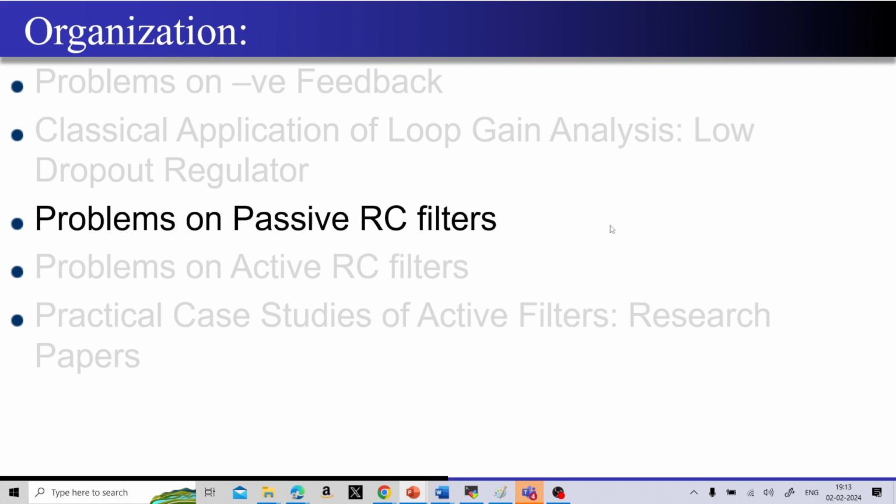Yeah, so now what we'll be doing is we will try to solve some problems on the RC filter, because as you have seen in the second assignment, some questions on the filter have been asked, right? So now we will first try to get some feel for the passive filter, then we'll go into the active RC filters, and then we will dive into some of the case studies in very recent research papers, and just try to see whether at least we are able to identify the active RC filter structures